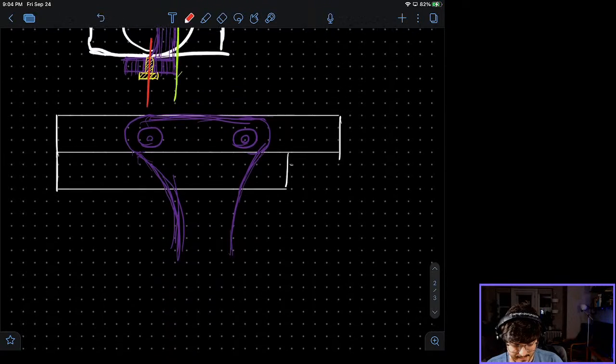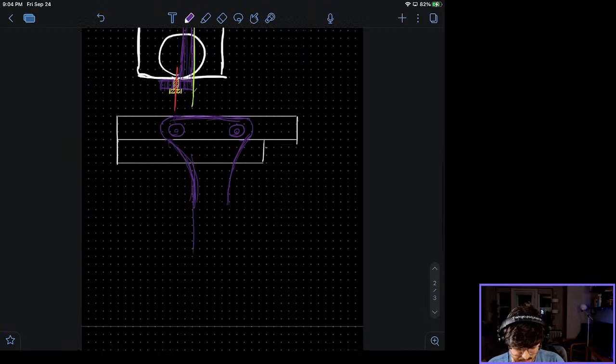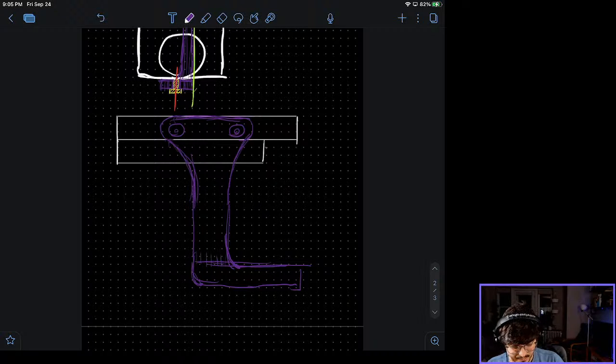And let's go back here to over here, and this part is going to come out like this, and I'm going to potentially round off this corner too, and have this be the ledge that the camera sits on. And I'll have a little bit of a corner there too, and this is also going to be sort of rounded, so it'll be something like this.